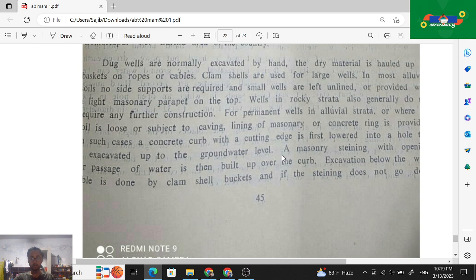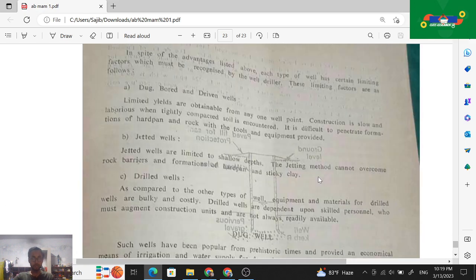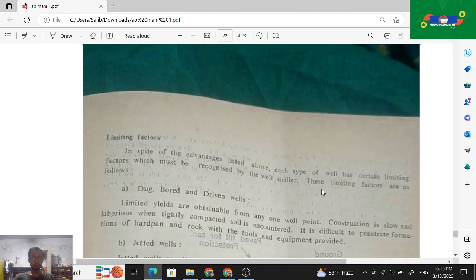masonry steining with openings for passage of water is then built up over the curb. Excavation below the water table is done by the clam shell buckets, and if the steining does not go deep, then in spite of